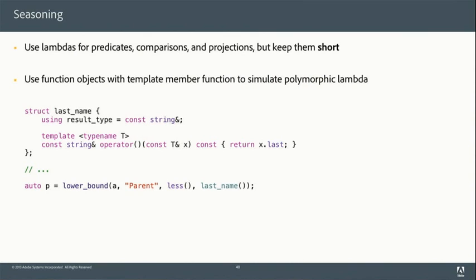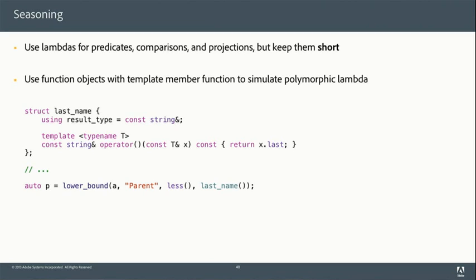We can use function objects with template member functions to simulate polymorphic lambdas. This is something I believe is getting added, there's going to be a less T and greater T in C++14, if I've been following the proposals. You saw in my example earlier where I just say less paren paren, I didn't have to say less bracket string bracket paren paren.